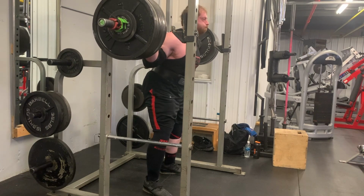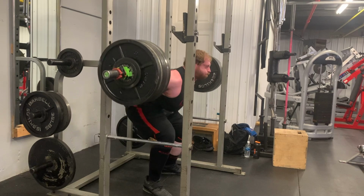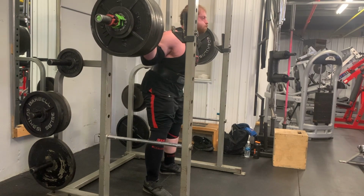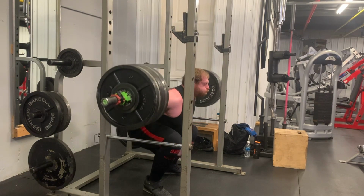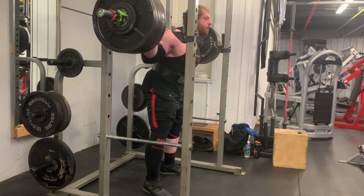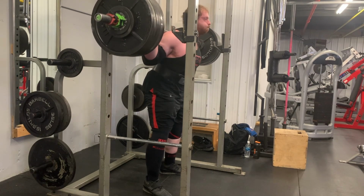As far as consistency of descent and my feet, it looks like I'm staying pretty well balanced on my feet, which is good. My knees might be caving ever so slightly, but it's nothing too noticeable as far as like hips rising before shoulders or anything like that. So overall, my takeaways looking at this,